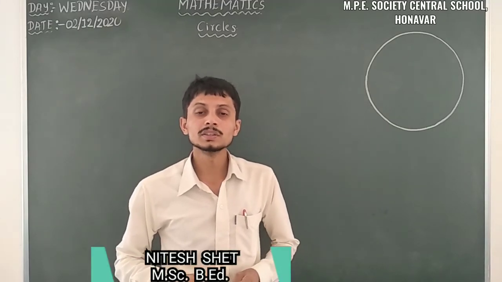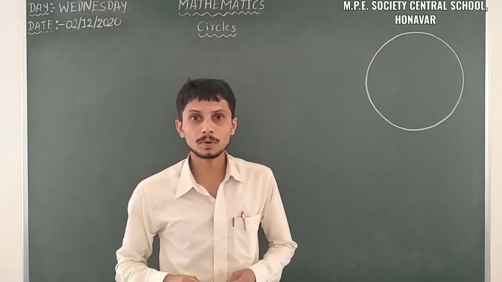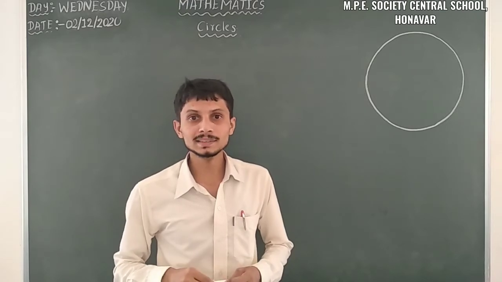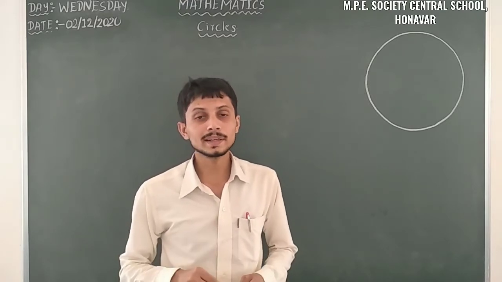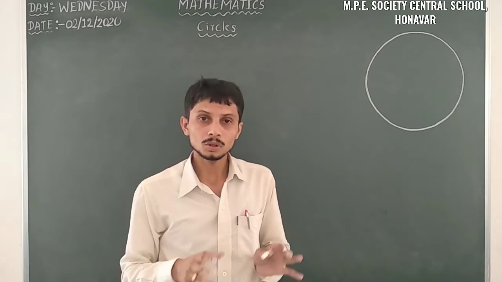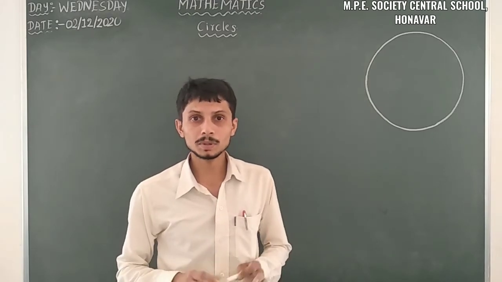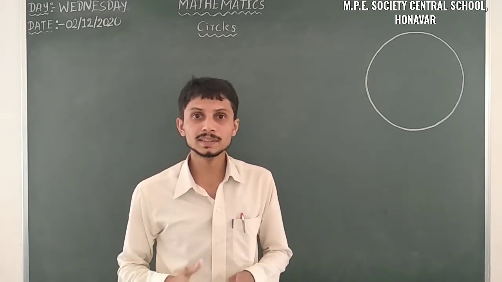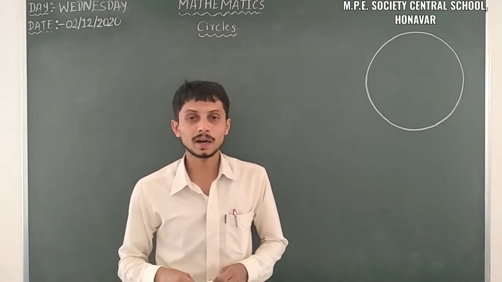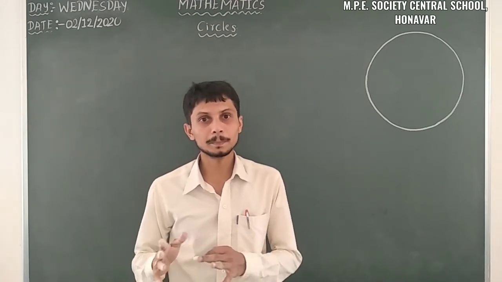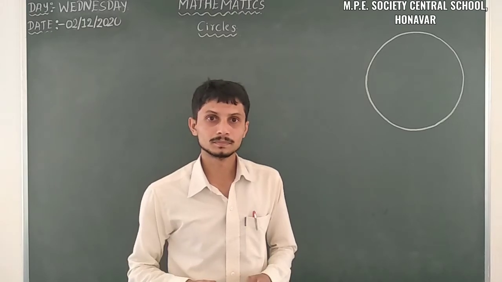I am from Annavara. So last class we discussed a topic from 9th standard, that is circles. In circles we already discussed up to theorem 10.7. We also discussed some problems based on theorem 10.6 and theorem 10.7. So let us move on to the next part, that is angle subtended by an arc of a circle.